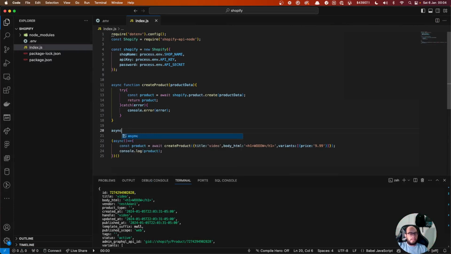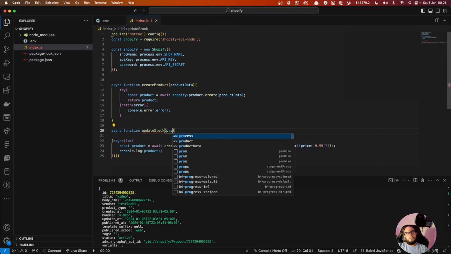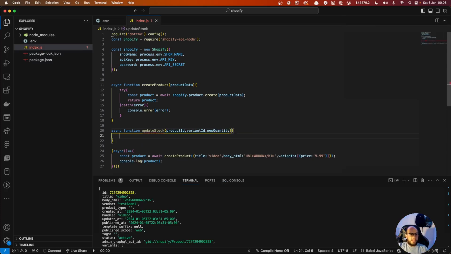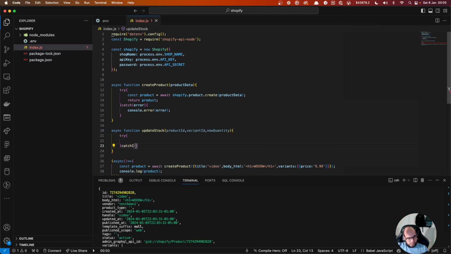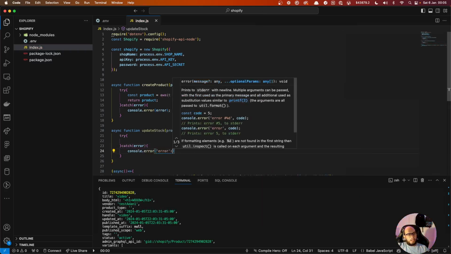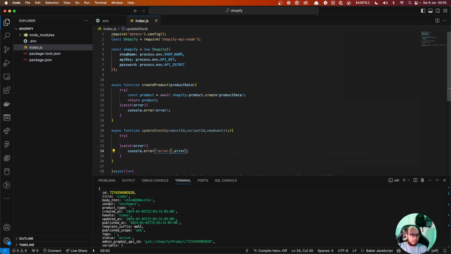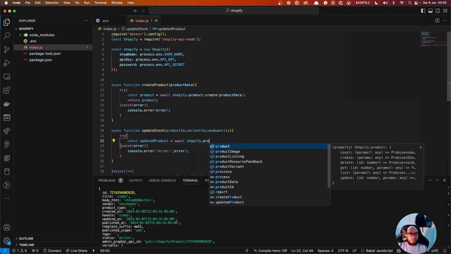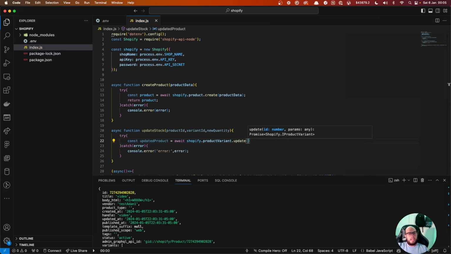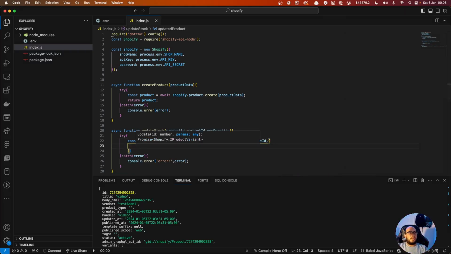So let's do an async function, update stock, and let's add the product ID, the variant ID, and the new quantity. Okay, let's try catch error, console error. And here let's do const updated product equals to await Shopify.productVariant.update. I'm gonna send the variant ID here, and then the object